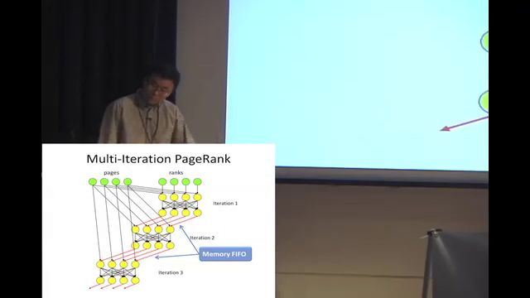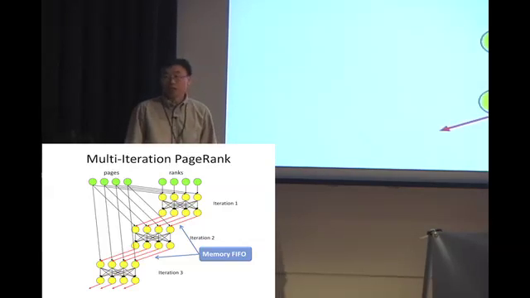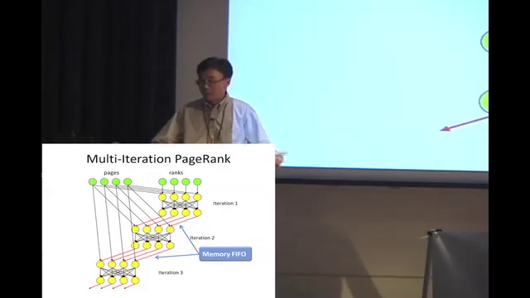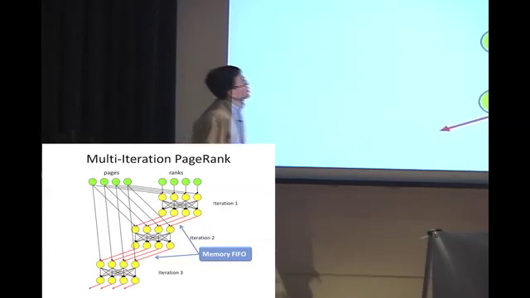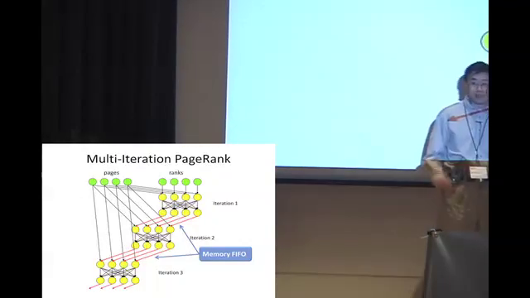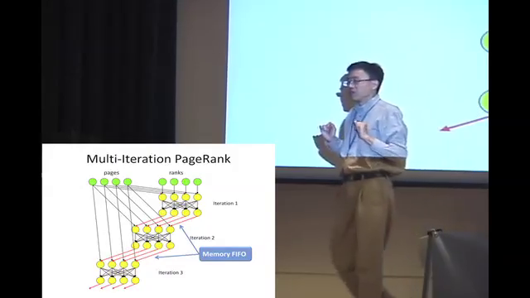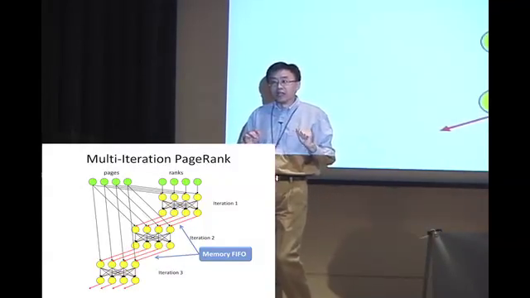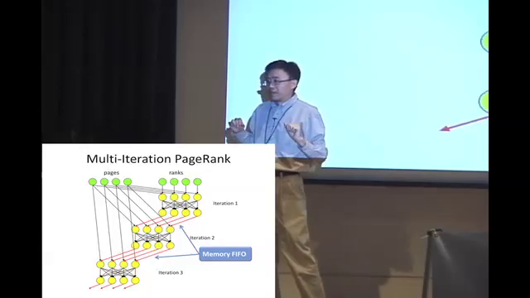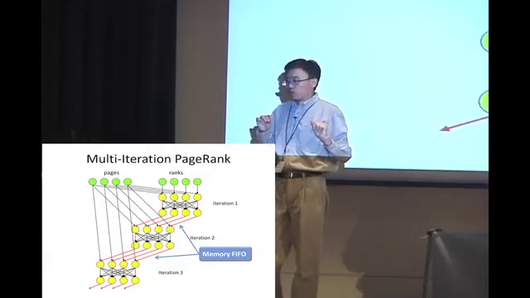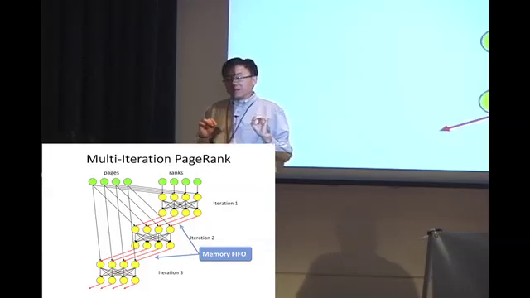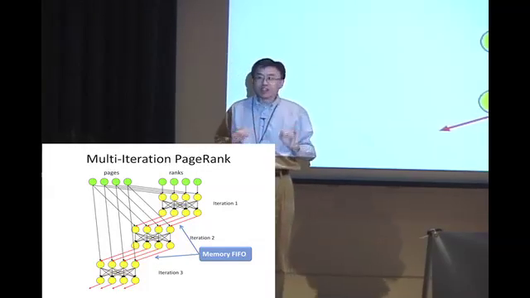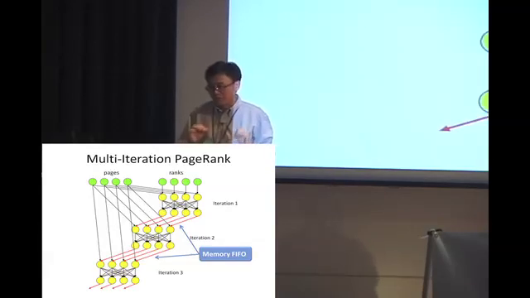So this is actually the execution graph generated by DryadLINQ. So this is multiple iterations. I mean, this plan has a lot of interesting optimizations in it. I'm not going to talk about it, but it would be very interesting to see whether you can do the same thing in MapReduce. I've been trying to think about a way to do it in MapReduce, but it's just very, very hard.